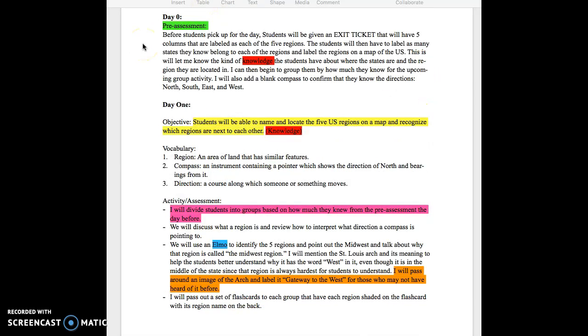Before we get started, I'm going to have them do a pre-assessment the day before, and it's going to be an exit ticket. They're going to have 5 columns, and they're going to label each of the 5 regions on them, and then list as many states that they can that are in each region that they know of so far. It gives me knowledge of where their starting point is, and I'm also going to be asking them to fill out a blank compass